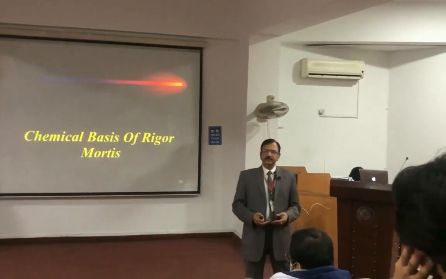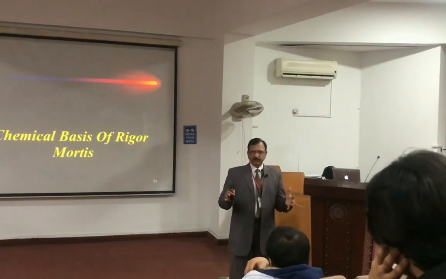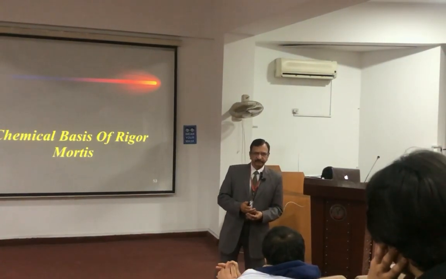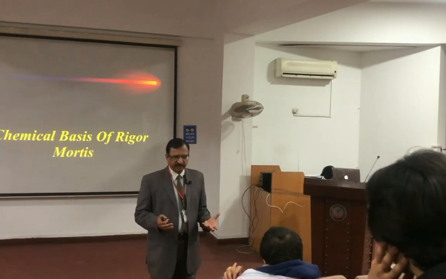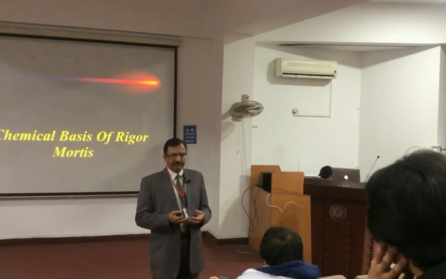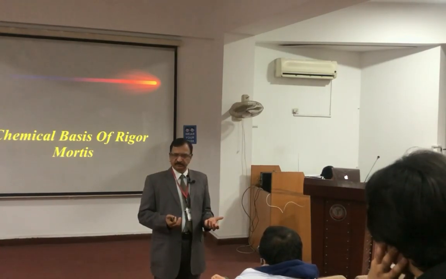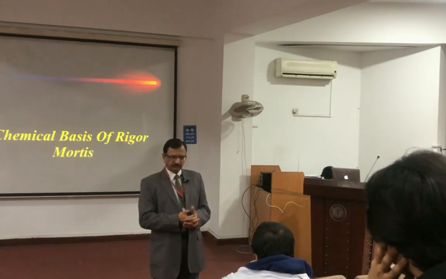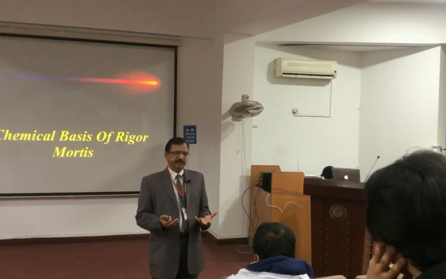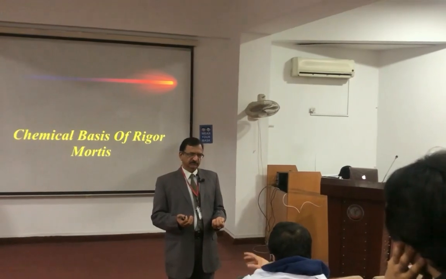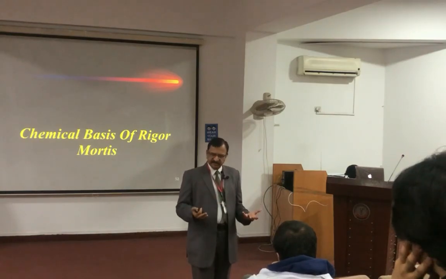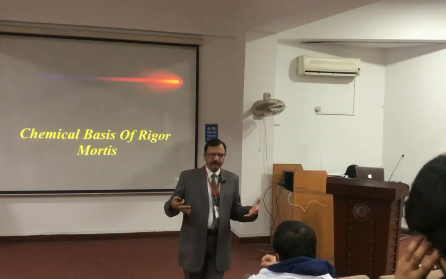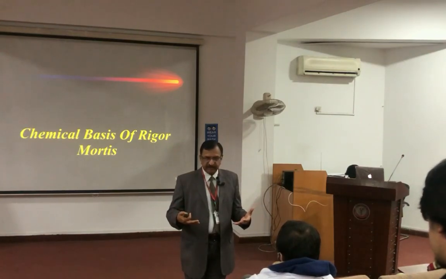There are certain other factors, calcium will be another, but at your level, ATP will be depleted. That means the production will be stopped after some time. What is ATP required for? To push the actin myosin apart, to cause the relaxation. When ATP will be depleted, what will happen? What will happen?